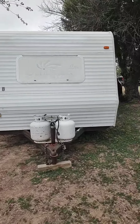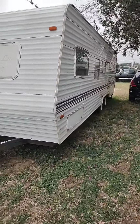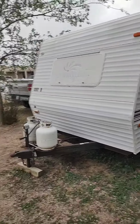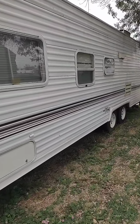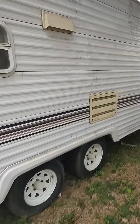Next we have a travel trailer. Yep, this is a Springdale light travel trailer by Keystone. I don't know who, what, where, when, and why, or any info about it, but it's a travel trailer. It looks in pretty decent shape. I don't know about the roof or anything like that,